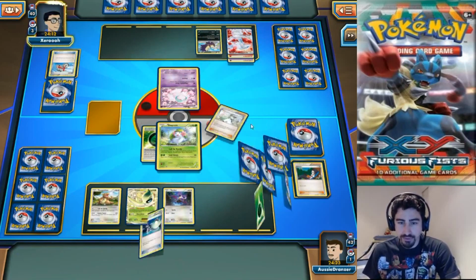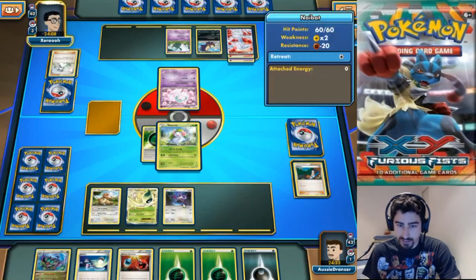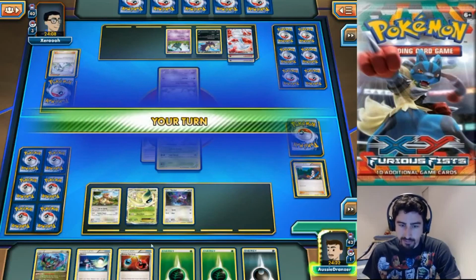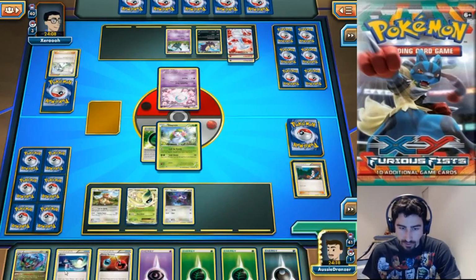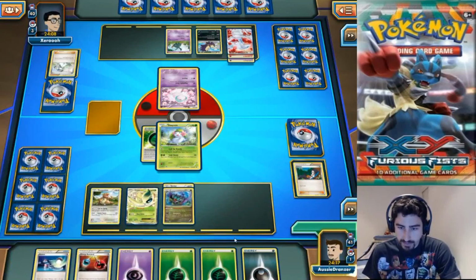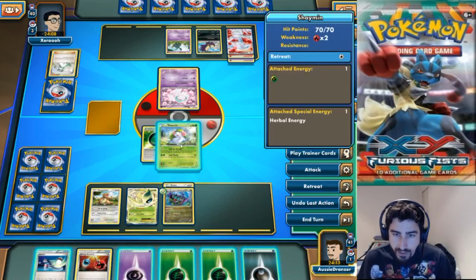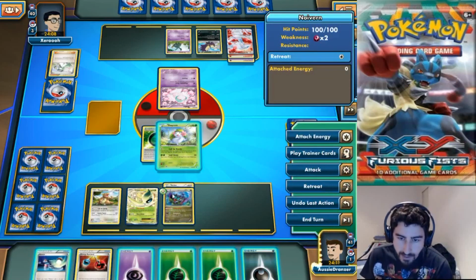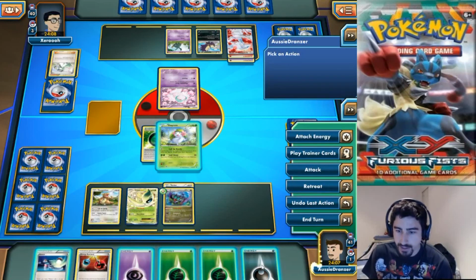And I do, however, lose my hand. But I do get the Noivern, which is pretty much what I wanted, and I get some more energy. So what I'm going to do, I'm going to evolve my Noibat while I can. And at this point, I could probably just Call for Family again. I think I'm going to get my Celebi and Noivern set up, so I